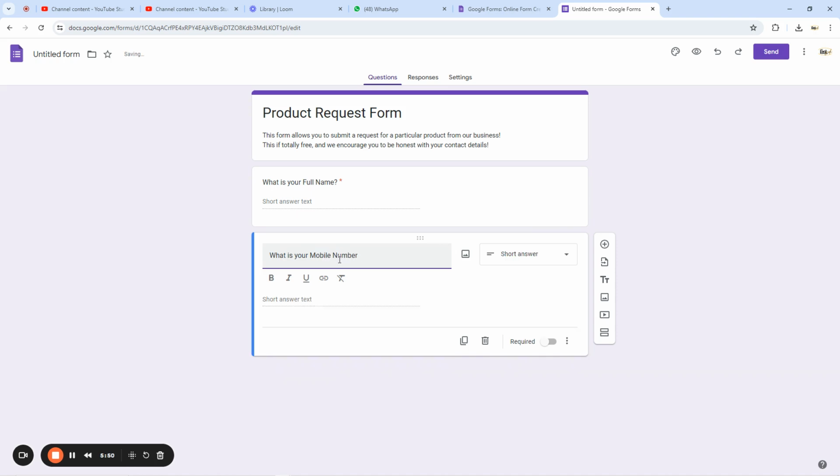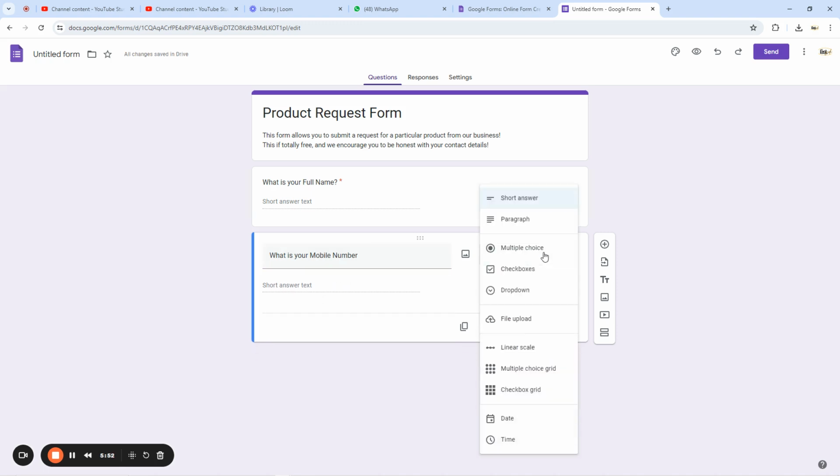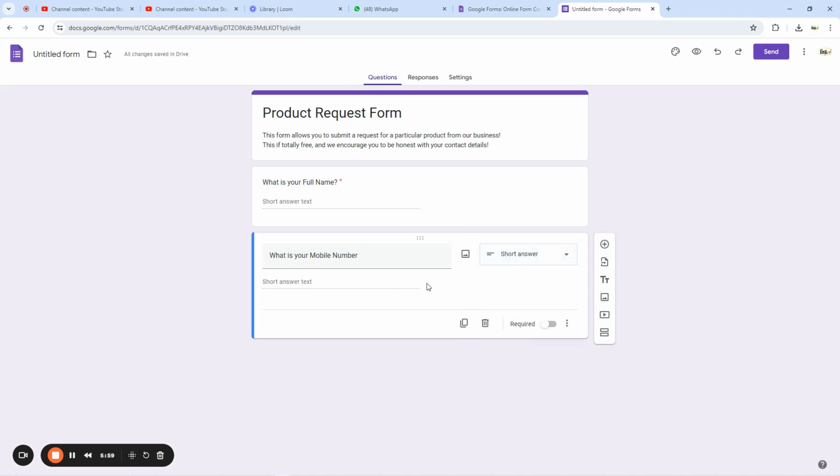What is your mobile number? And of course, you're going to enter the mobile number. I was trying to see if we could actually add something else, but I think that's fine. So let's ask them to give us their mobile number, and this is a compulsory question. And then what is the next question we want to ask them? The next question would be,